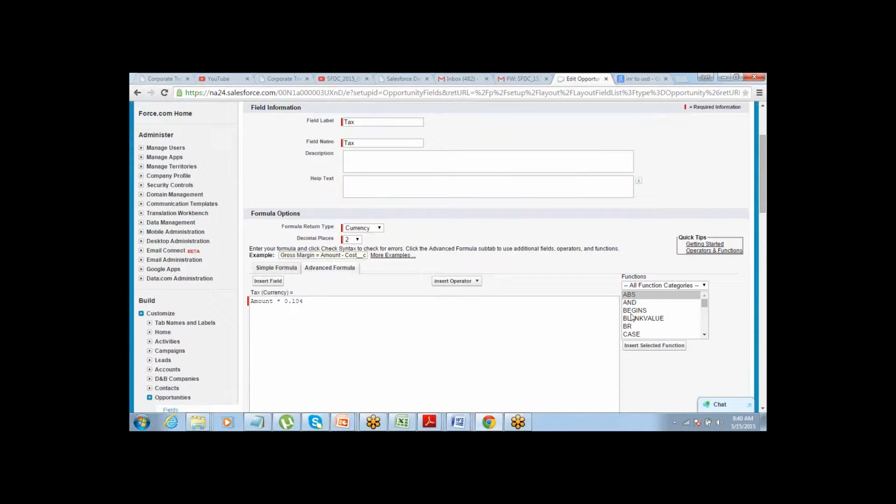Okay, so in that case, I will need an if function from here. This is the place where all the functions are listed. You can just search for if and insert the function. So here is your function. How does this function work? If logic test. So what is the logic test?